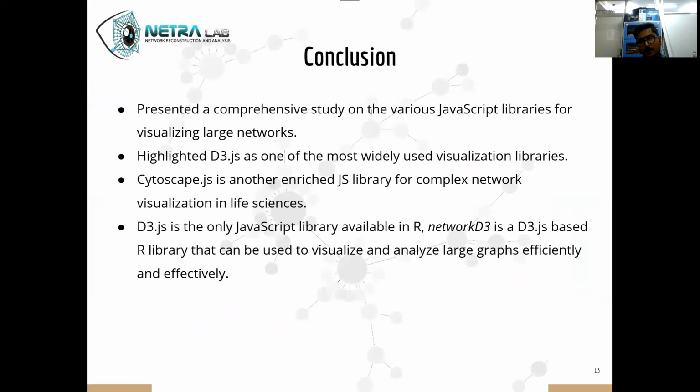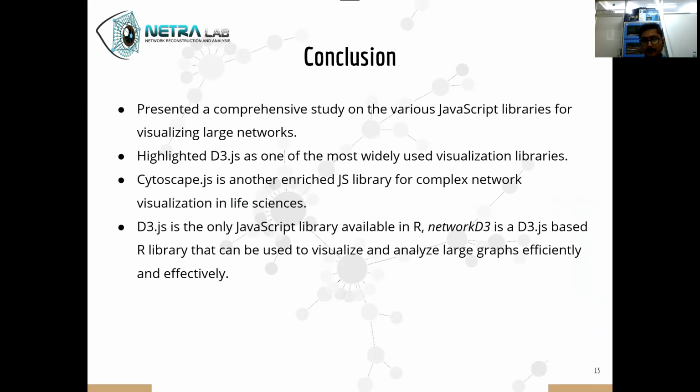So concluding my presentation, here we presented a comprehensive study on the various JavaScript libraries for visualizing large networks, highlighting D3 as one of the most widely used visualization libraries.